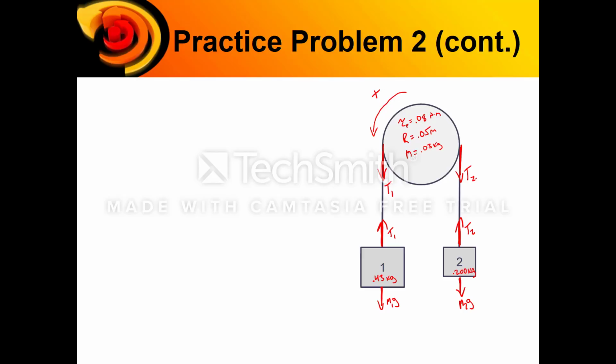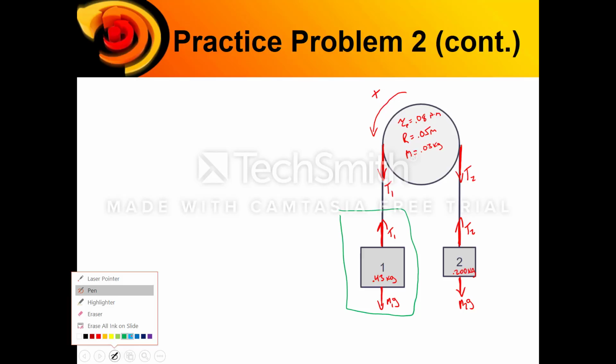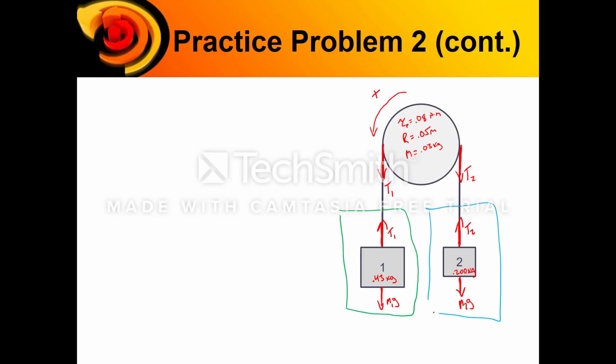Next step, once we have all of the forces diagrammed, I'm going to start looking at my equations. This is where we isolate our objects and take a look at the net force or the net torque, whichever is appropriate for that object. So here are my three objects. I'll try to color code them to keep us straight as we create our equations. I'm going to start with